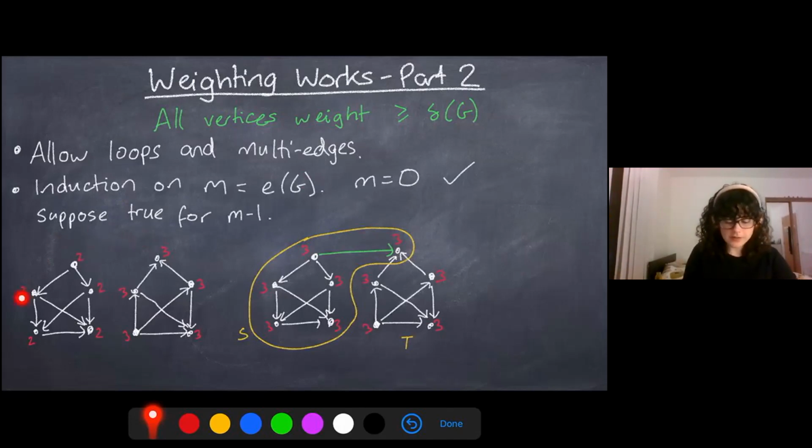So suppose this was our graph at time n with n-1 edges, and then we added in this edge and updated the weights. Well, anything that was on our directed path from x is already fine, because its weight has increased by 1, so it's going to have weight more than the minimum degree. We might worry about these vertices over here that are not on a directed path from x. So this is our x. These vertices over here that are not on a directed path from x, we might worry about them because their weights haven't changed. So they maybe could have weight that was less than the minimum degree, but it turns out